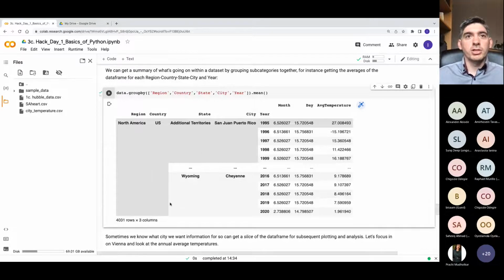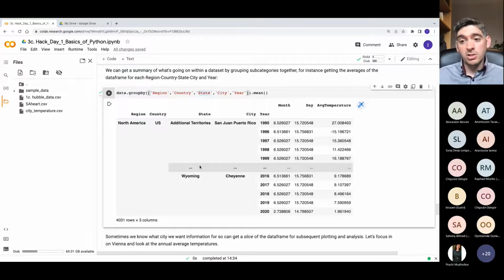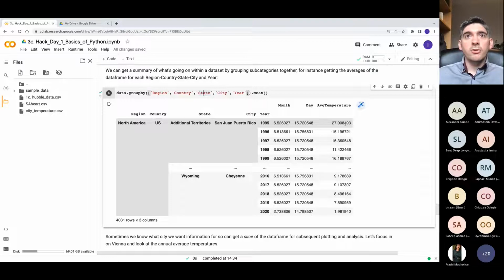There are 4,000 rows here, so there's a lot, but it's just printing out the average temperature for each year in a particular city in whatever state that's in the US and in North America that it's focusing on. Okay, because I think it must just be the US that's got states. So because it's got states, it's grouping by those. Everywhere else doesn't have states, so it can't group by state. But we see that for San Juan, Puerto Rico, which is US additional territories, it's listed as, the average temperature